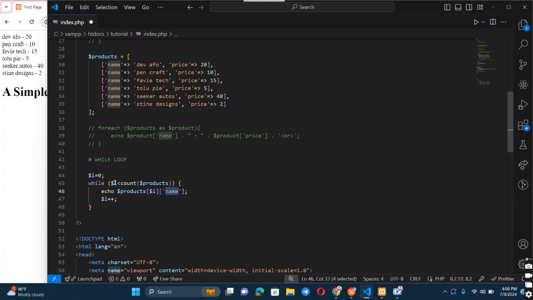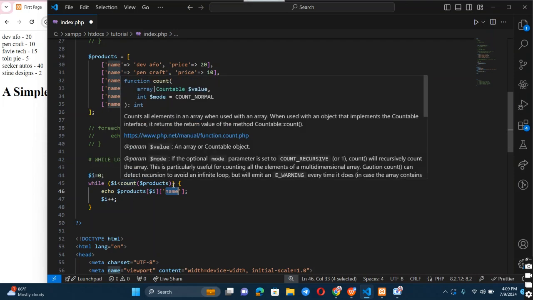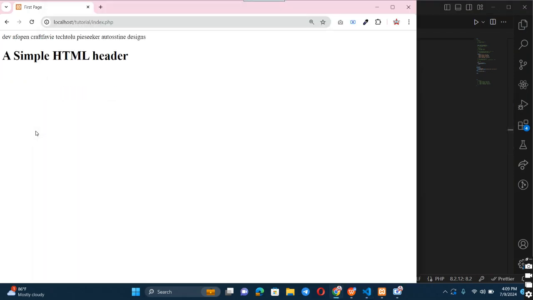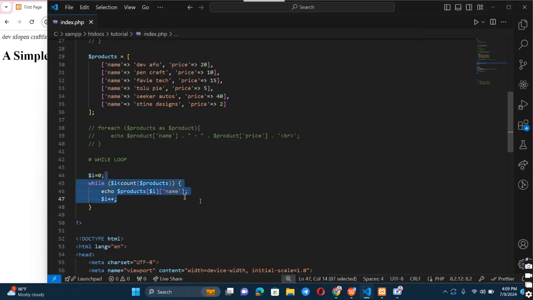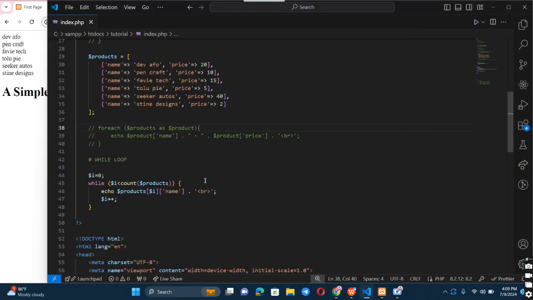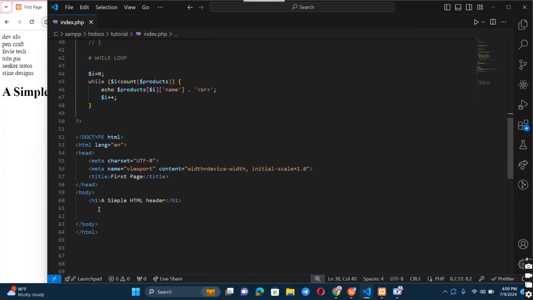So increasing is changing the value of the initial value of i. So i here is 0, it increases it, comes back to 1, increases it, comes back to 2, to the end of it all. So now let's just put control, yep. So we have it here, and a lot of names, so I can just concatenate it with a BR tag. Yep, exactly. So that's how we loop through a lot of data,